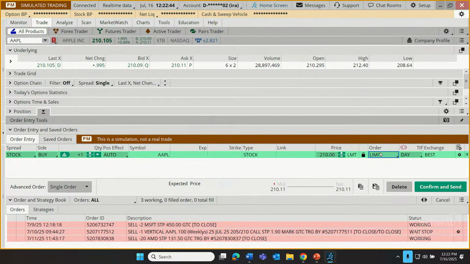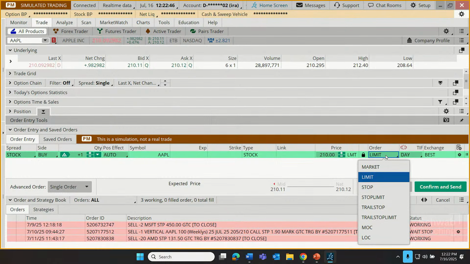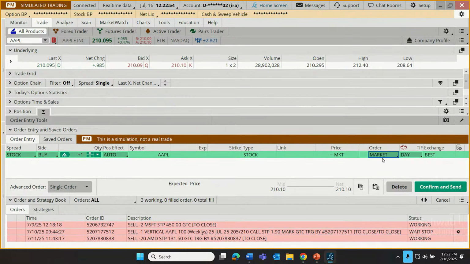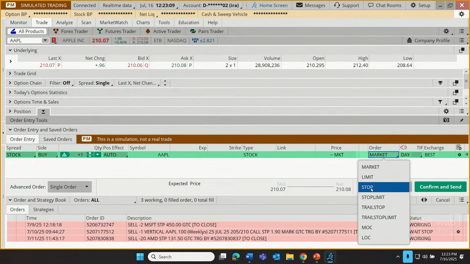So here's where I could change my order criteria. If the trader is just willing to pay whatever the market demands, we could change this to a market order. A market order obviously would run the risk of, if you didn't like what the market was demanding, well, it's out of the trader's control if they send off a market order. We can set our time in force right here. Now, I could go through, there are other order types.